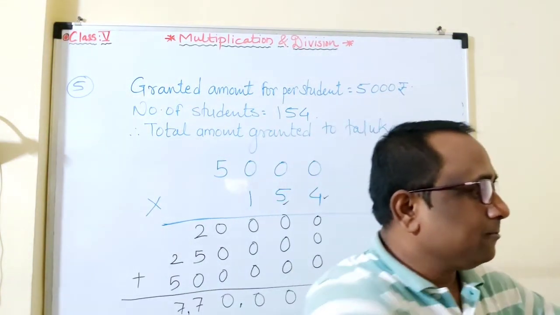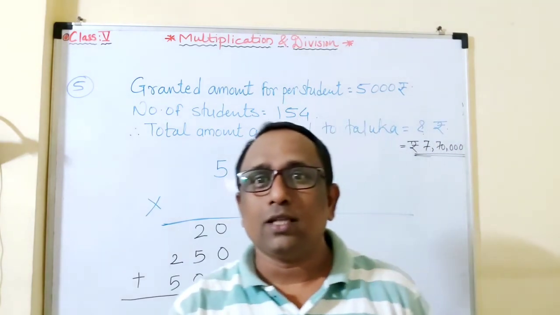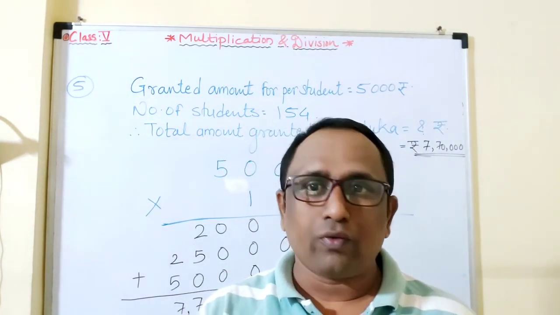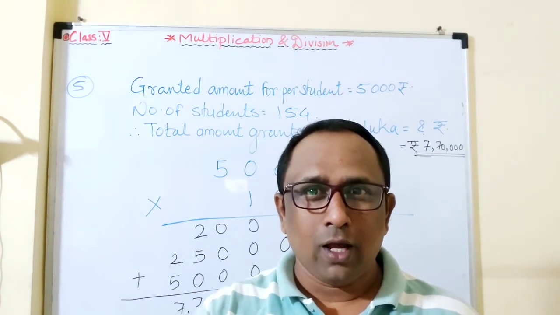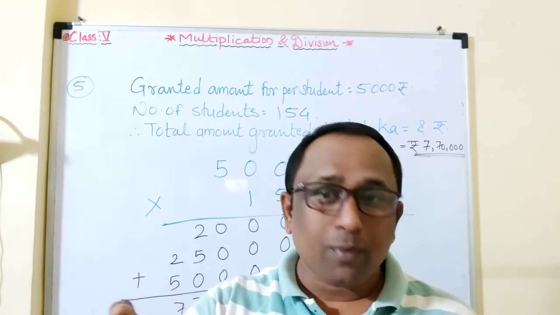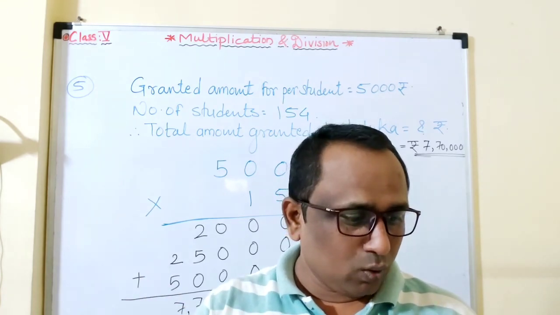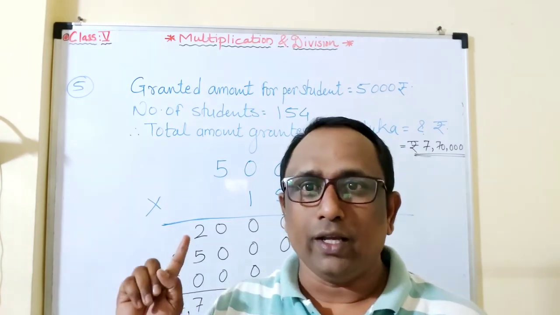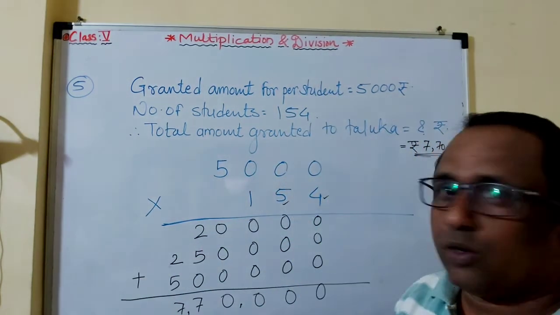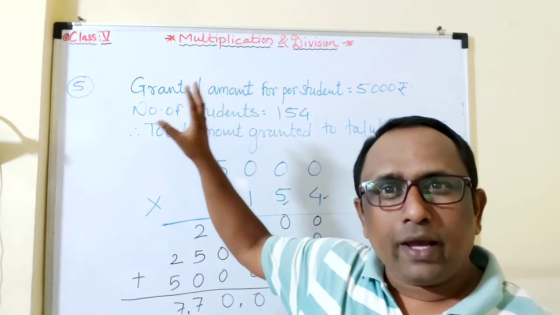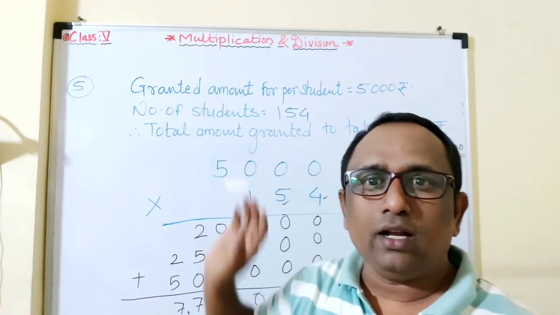Now students, there are so many examples. From question number 1, there are a total of 12 examples. Out of 12 I solved only 1. So all examples you have to solve for homework, and then there are word problems: 1 2 3 4 5 6 7 8 9. Out of 9 we solved 1 here. This way you have to solve the word problems. Whatever the given things, you have to make your own sentence and then solve.